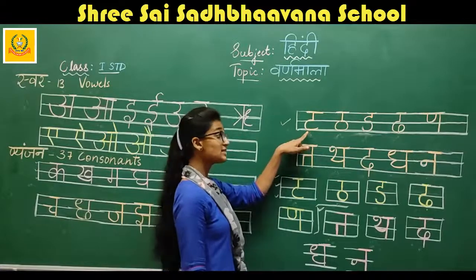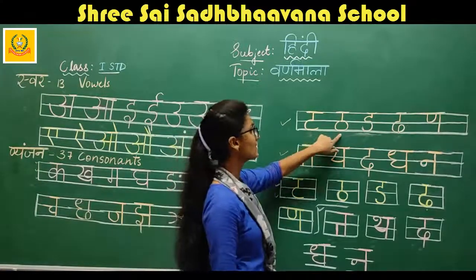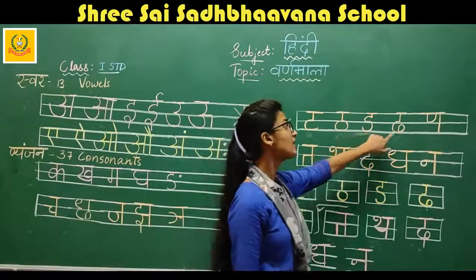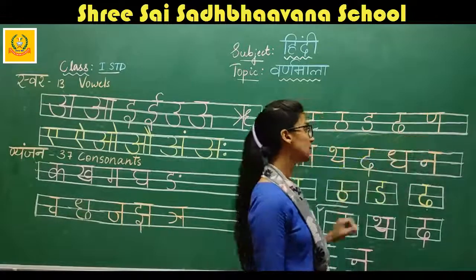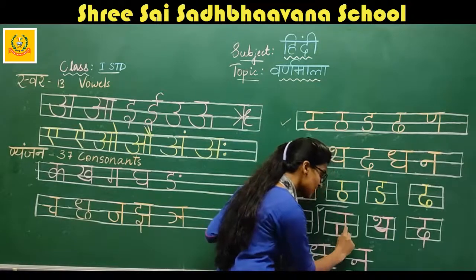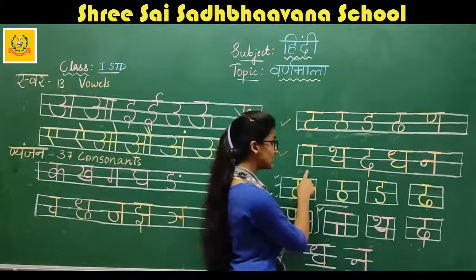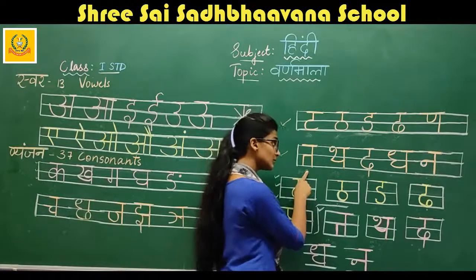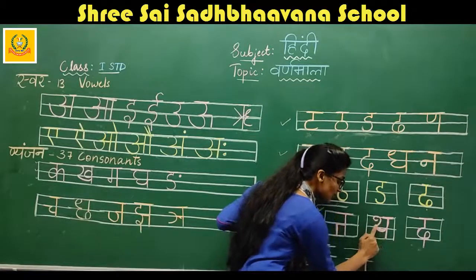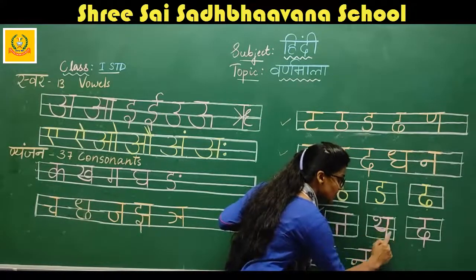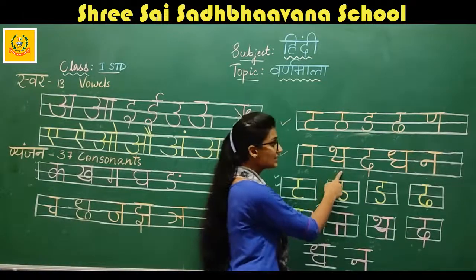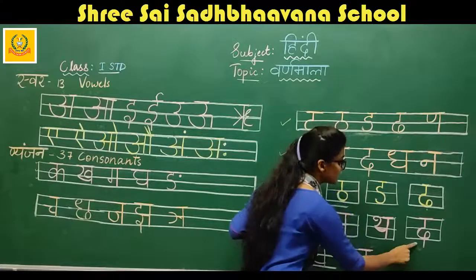What does tha say? Tha says tongue. Tha says thela. Dha says double roti. Dha says dapli. And na. Let us see how to write tha na. One standing line, sleeping line, standing line, and sleeping line. This is tha. Tha says tarbuj. Next tha. One small comma, curl, standing line, and sleeping line. This is tha. Tha says thermos.